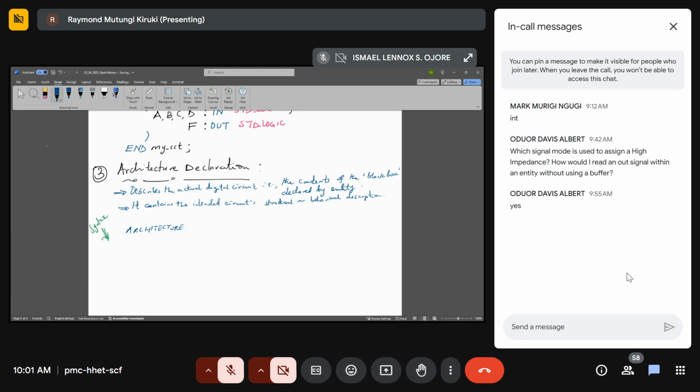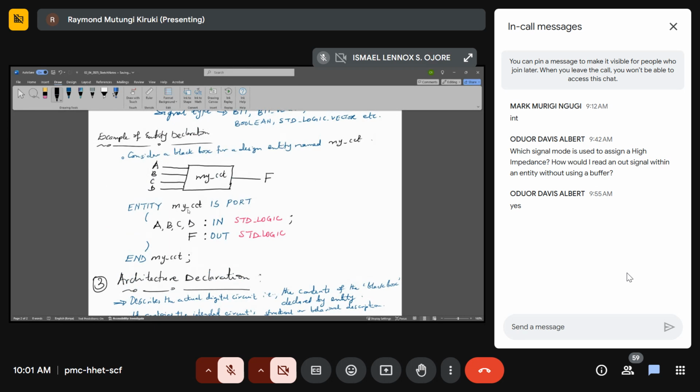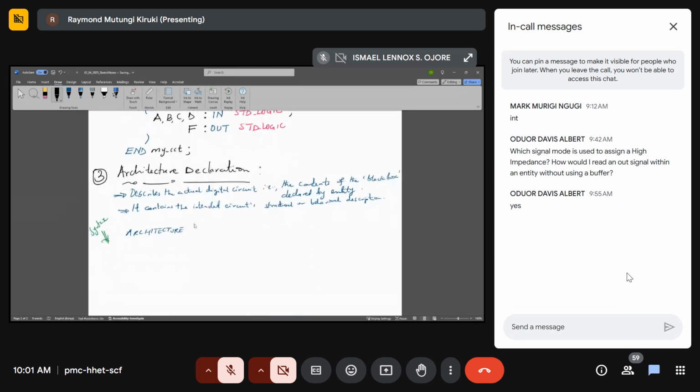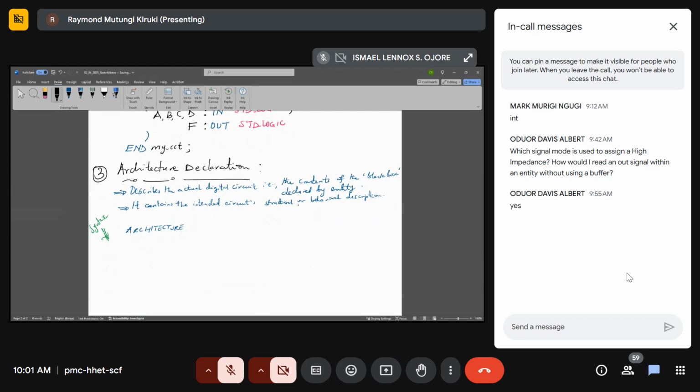And then, just like we did with the entity declaration, we have to give a name to our architecture, just like we give a name to our entity. So architecture, you give it a user-defined name, whatever name you want to give. So we have architecture name,